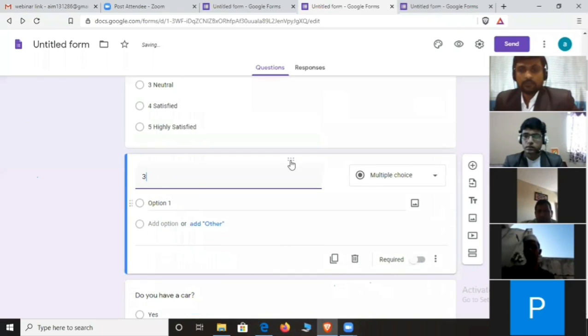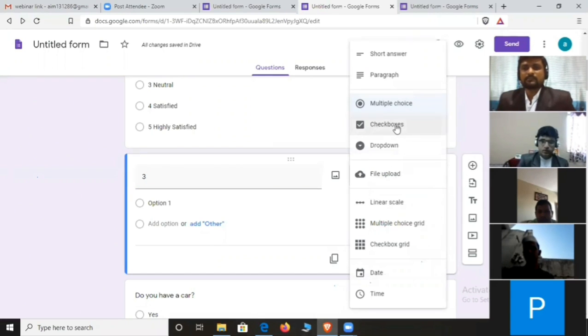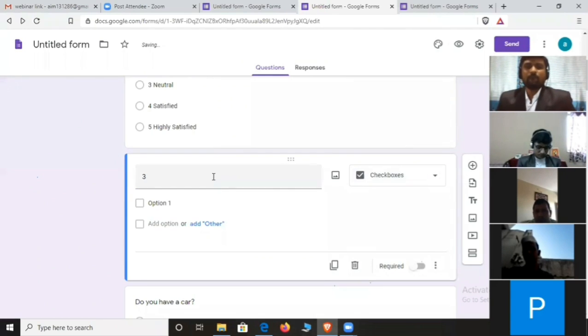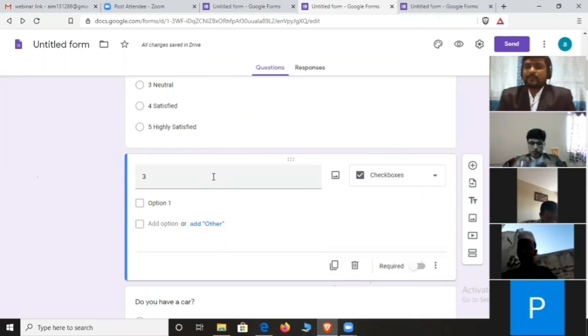Okay, now in the third type of question, we'll include checkboxes. Now, first of all, what is the meaning of checkboxes? If you have a question in which the respondent can tick more than one answer, then we can use checkboxes. Okay, if you want to allow the respondent to click on more than one answer, then we can use checkboxes. For example,